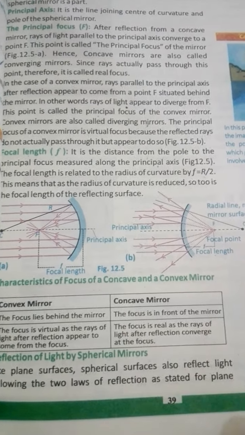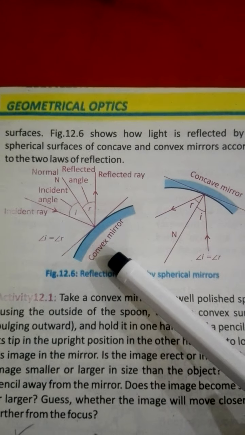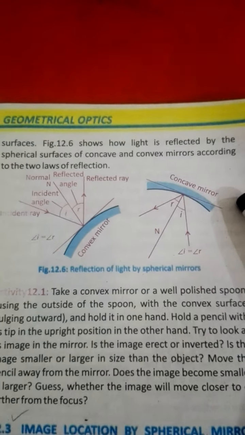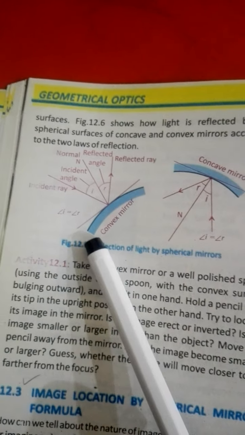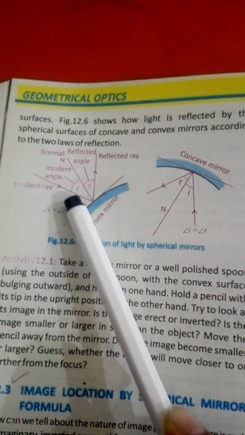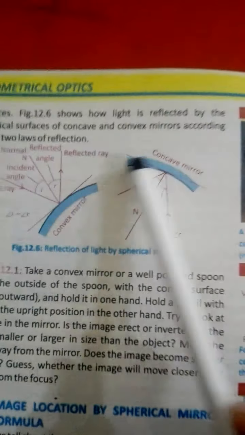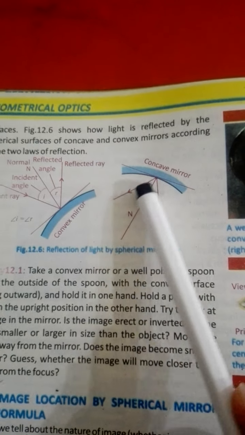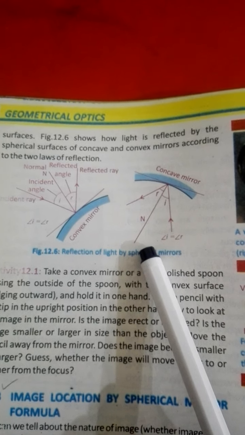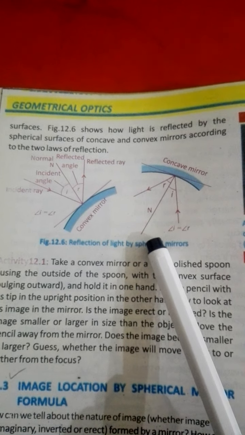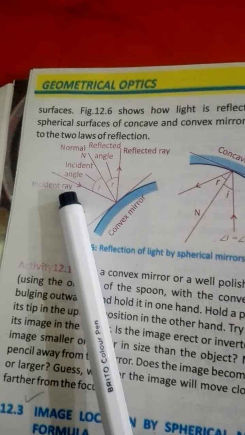And there are two laws for this, when light is reflected through a convex mirror and when light is reflected through a concave mirror. You see that when light is reflected through a convex mirror, the light rays come outside the curve, and for a concave mirror it is reflected inside the curve, and an angle is formed and then the light rays are reflected. I will explain one side, the other you will read on your own.